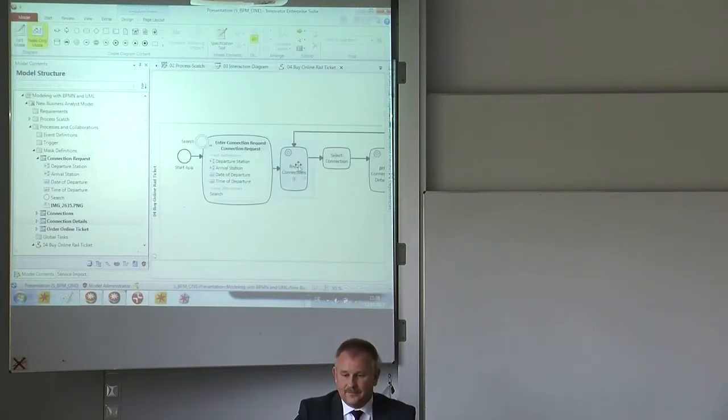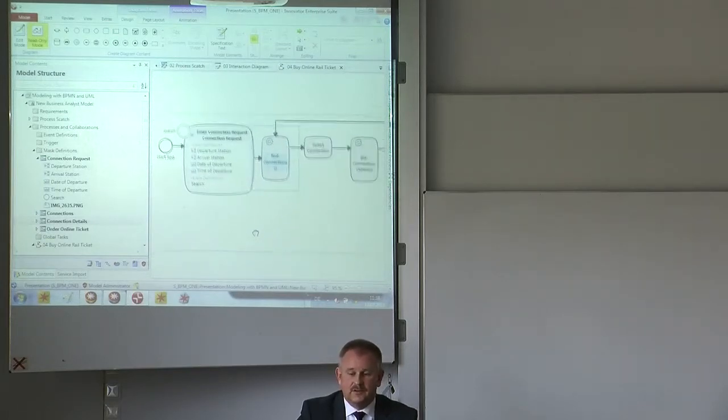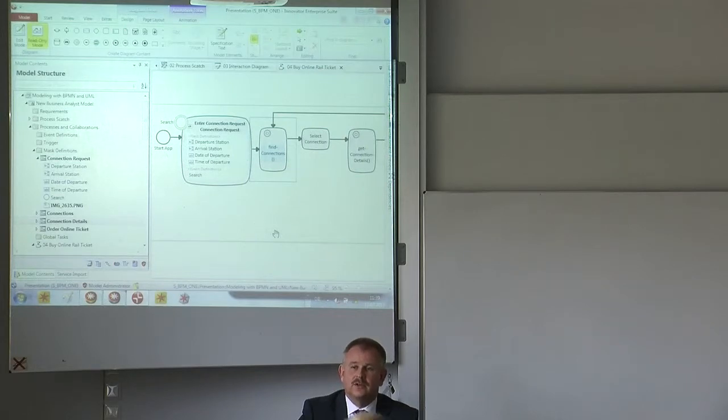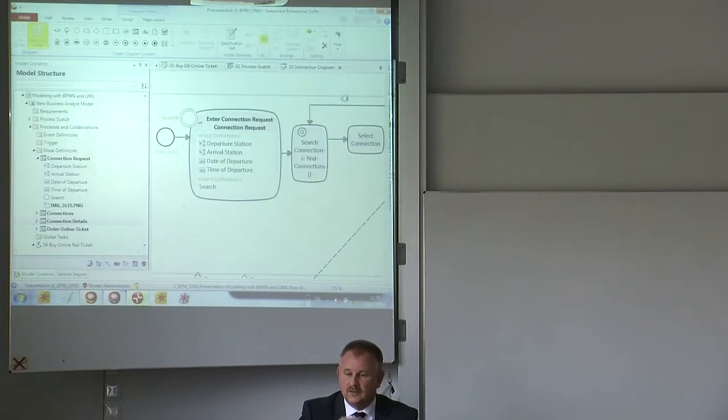So we decide which type of actions we have, user interactions or service interactions. We define the services, and I think we also have to produce some information flow or add some information objects to our process to keep the knowledge about our process instance or to store the information